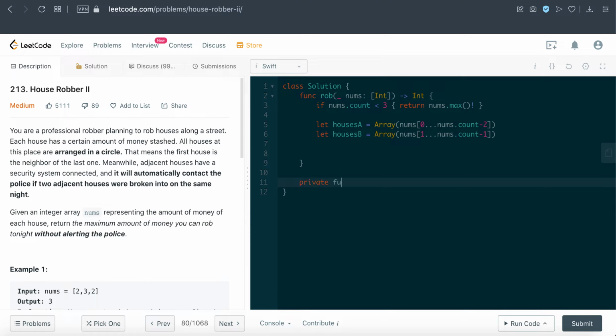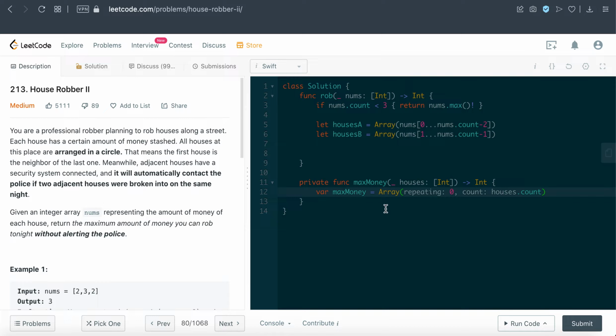So in that sense, we're going to create a helper function here called max money, and we are going to take the houses array, and then this function essentially will calculate the maximum money that we can rob from the given set of houses. So basically this function here is essentially the solution from house robber 1. That's exactly the same. So we're going to create an array, and I'm just going to fill it out with zeros,